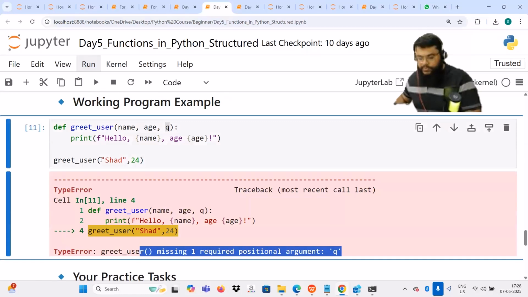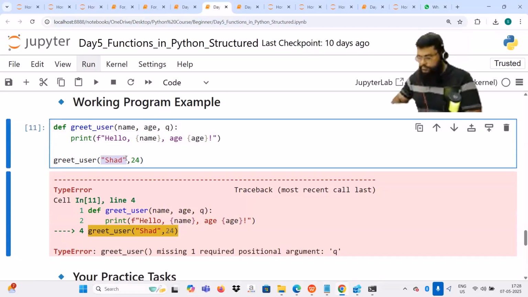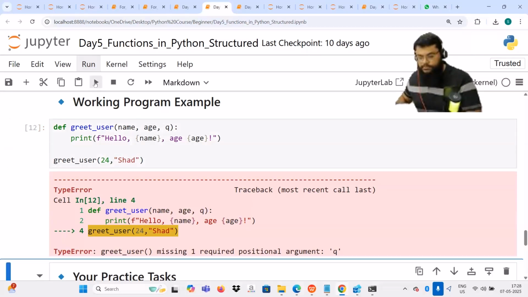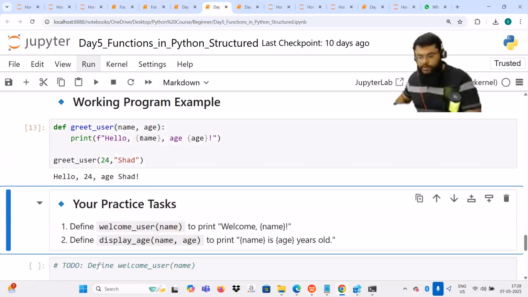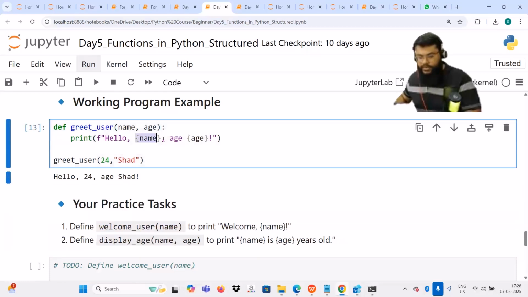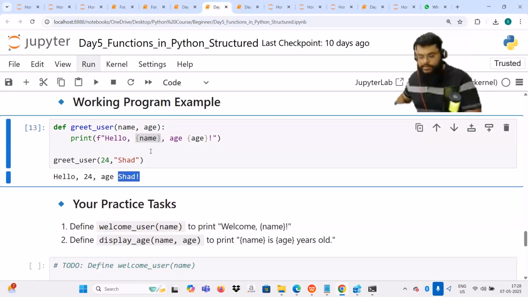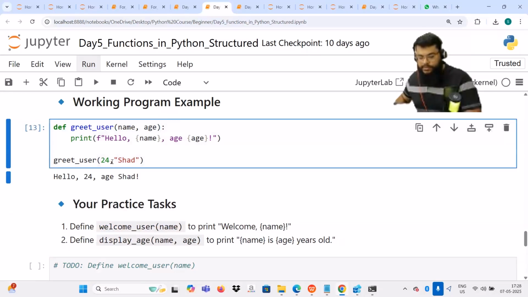Now, can you provide these values in a different order? No, you cannot. Let me remove this q. See, it says hello 24. 24 is not a name. Age, sure. So it's messed up. So that's why